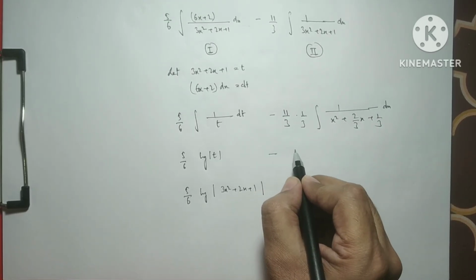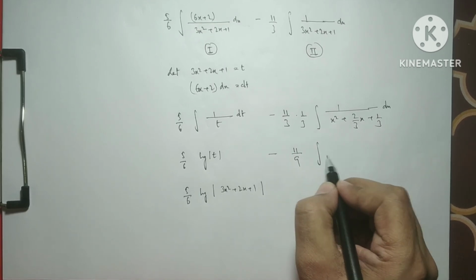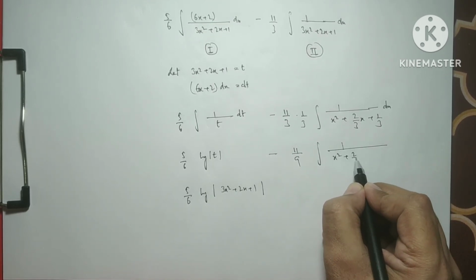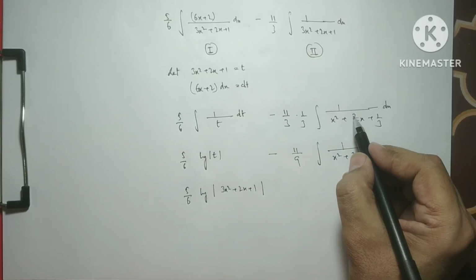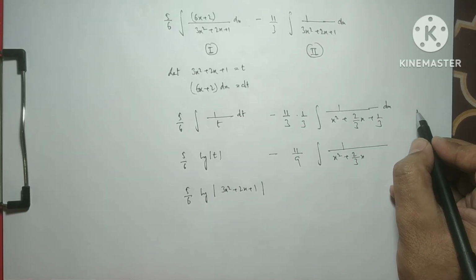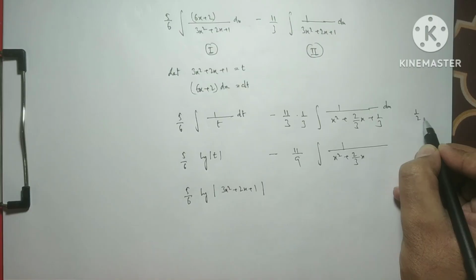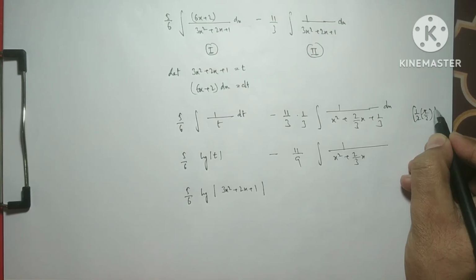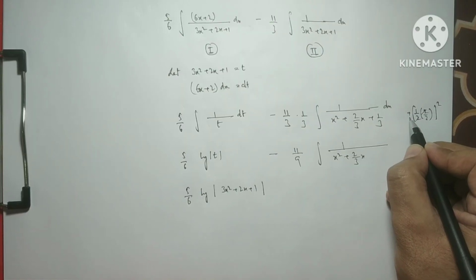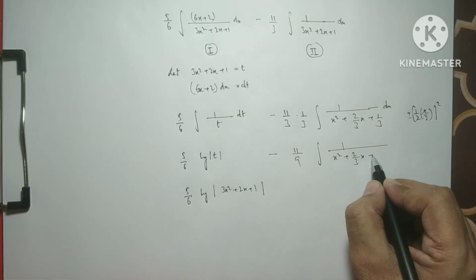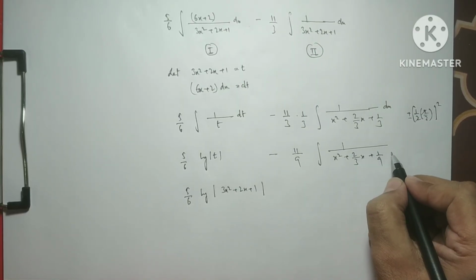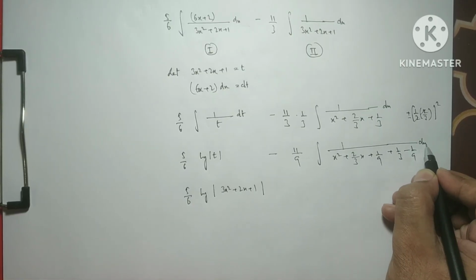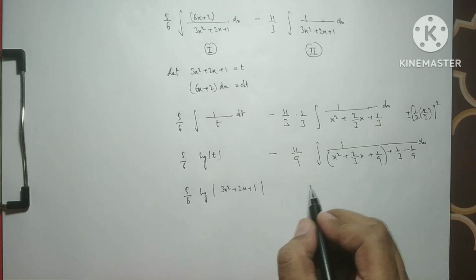dx. So it is 11 over 9, and there is x square plus 2 by 3 x, and the half of the multiple of x is 1 by 3. So the square is 1 over 9. We add and subtract this. So we add 1 over 9, and this is 1 over 3 minus 1 over 9. So this part becomes a whole square.